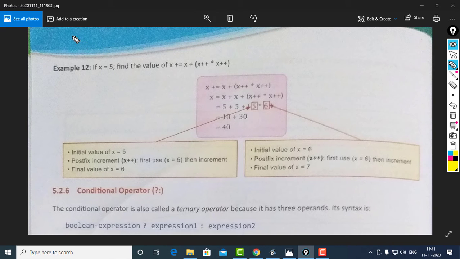So we can write one more time, x is equal to 5. Find the value of x += x + x++ * x++. So this we need to solve.